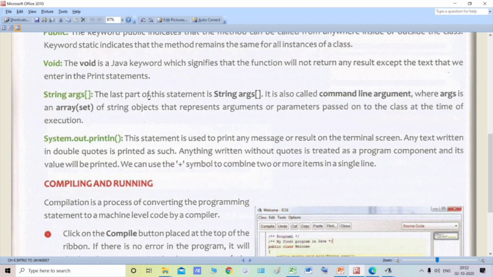So basically, the last part, that is string args, then these square brackets, is called the command line argument.